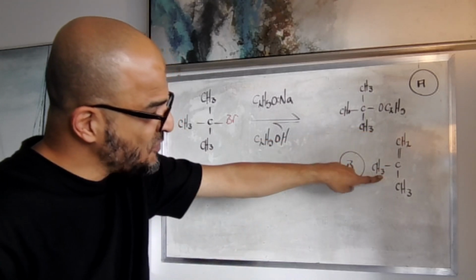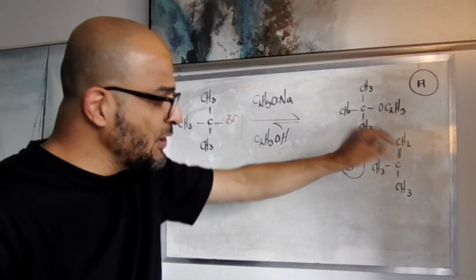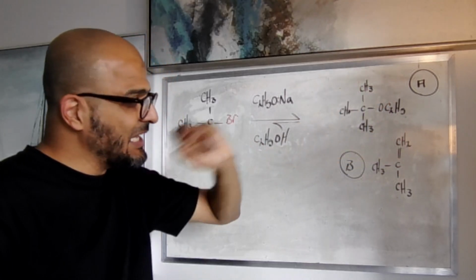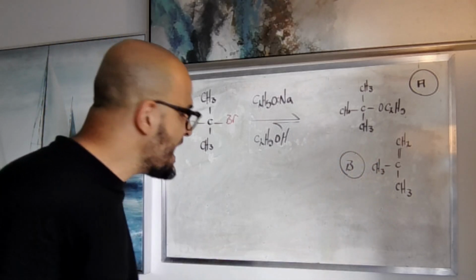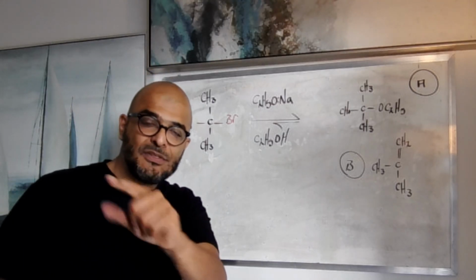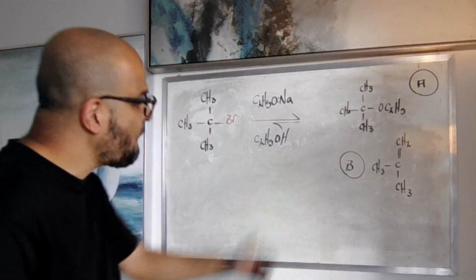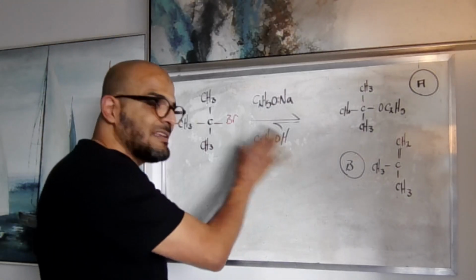It doesn't matter which beta hydrogen you take, but all these 3 options in elimination products give you the same product because of the symmetry which exists. Now the third and last part of this tutorial is: what happens if just the solvent itself,